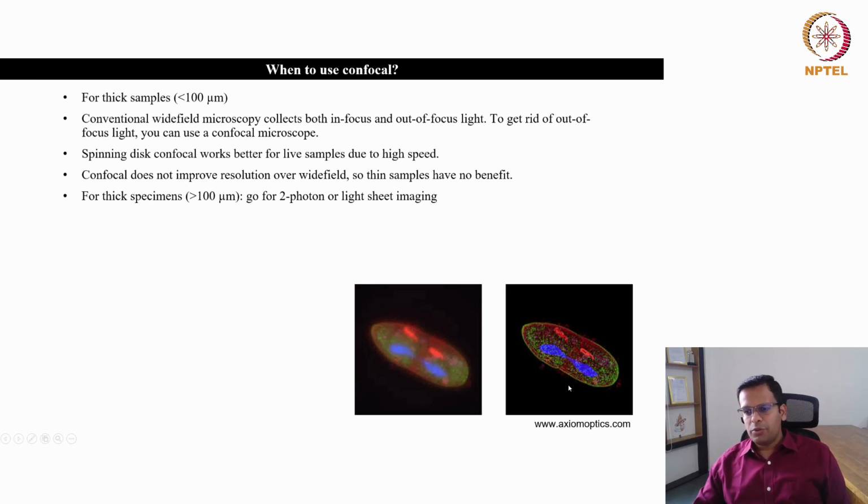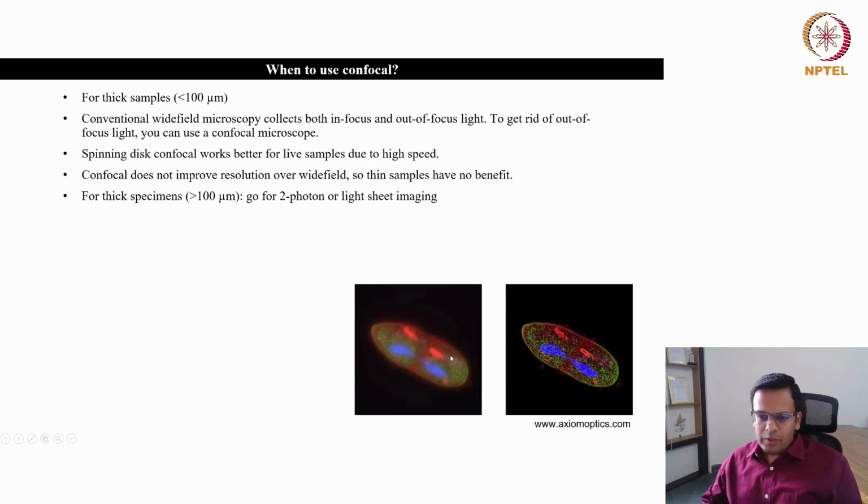So here I have shown these two images. This will be the difference between the wide field and the confocal image. You can see that here the information is a little hazy, because the wide field microscope also collects the out of focus light along with the in focus light. Okay, so you can see your objects. Here you can see two blue nuclei. Here also you can see two nuclei. Here some red color structure is there, and there you can also see two red color structures.